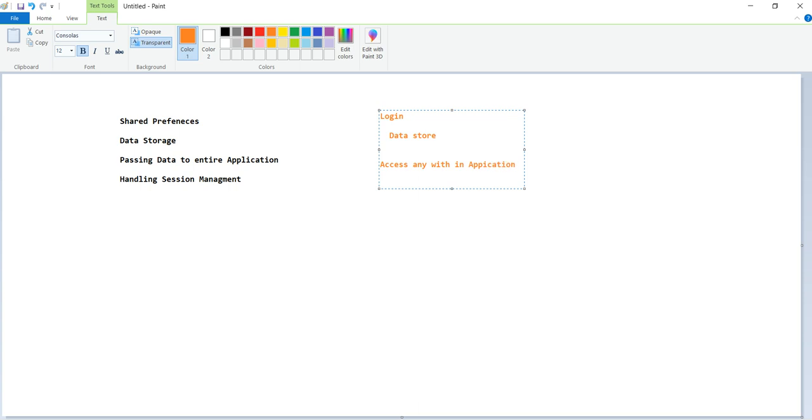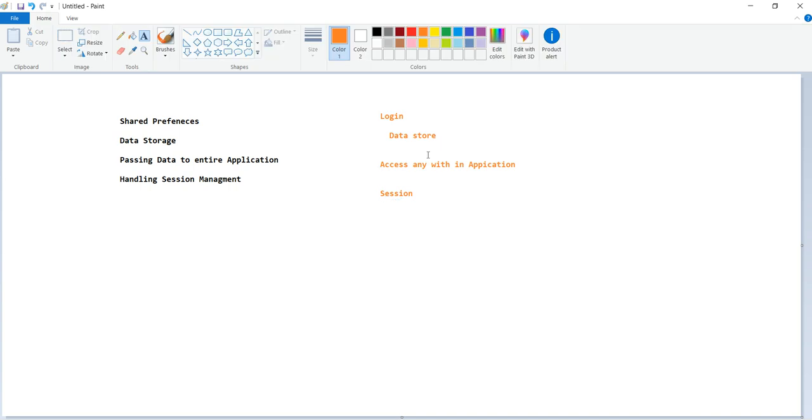Then, using the same concept, we can also maintain a session. A session is nothing but a login session, and we can manage that using this too. But first, we'll concentrate on how to store the data and access it in another class. Afterwards, we'll look at how to manage the session.